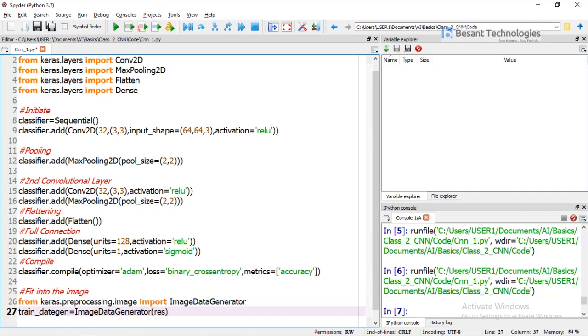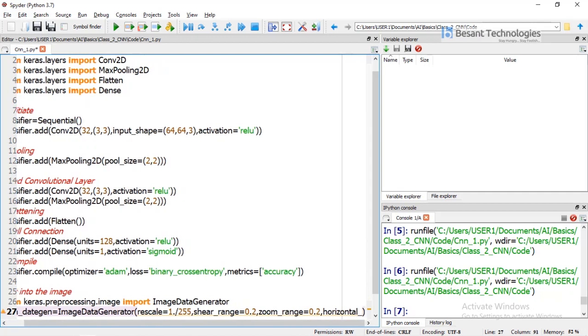The first argument is rescale equal to 1./255, comma, shear_range equals 0.2, comma, then zoom_range equal 0.2, comma,